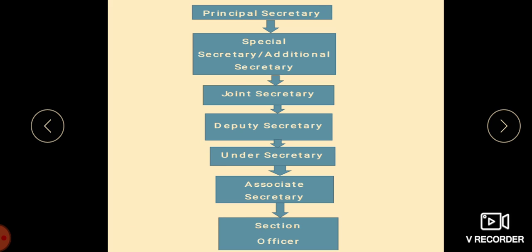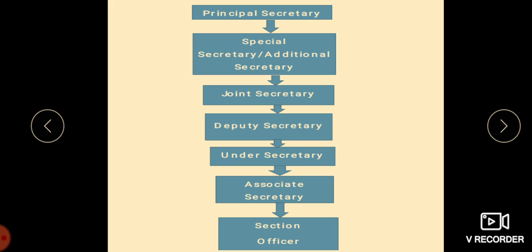Every state secretariat functions as the nerve center of the state government, children. The secretariat includes the departments of the state. Ministers are the political heads of these departments, and the principal secretaries are the administrative heads of the departments. The chief secretary is the administrative head of the state secretariat. The secretary would be the head of one or two departments, and the secretaries are usually from the IAS cadre.